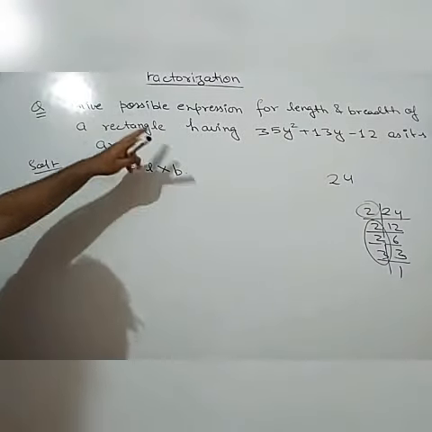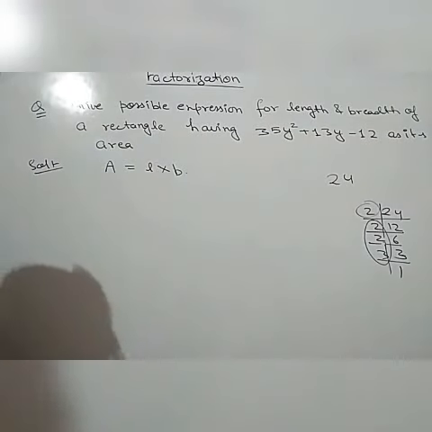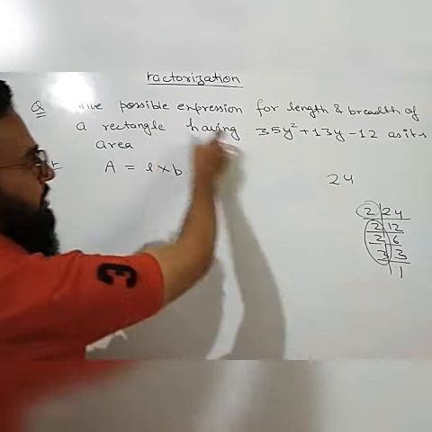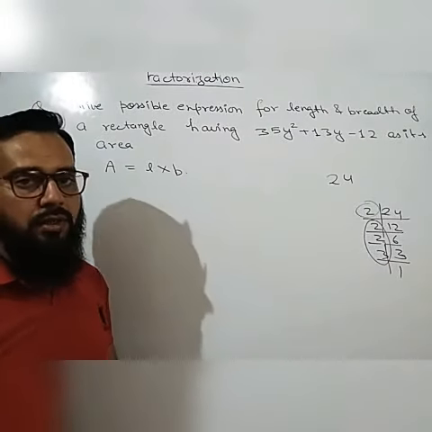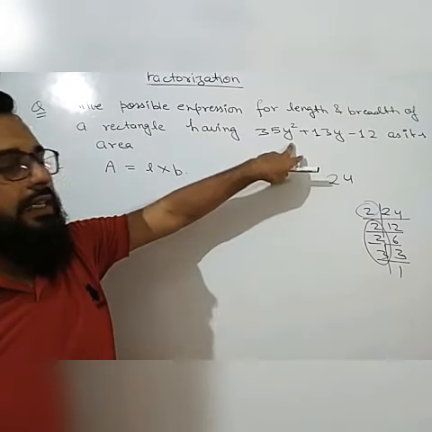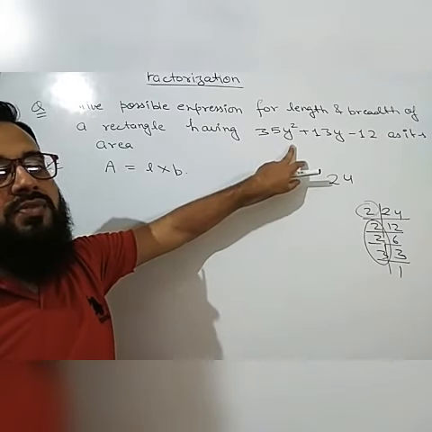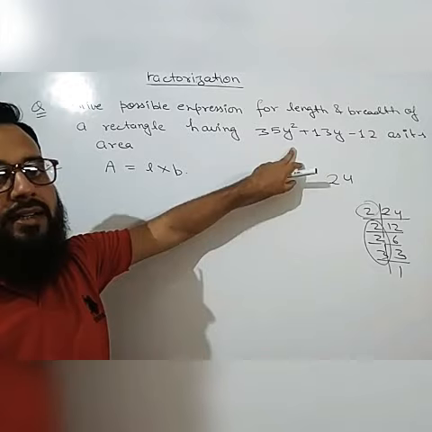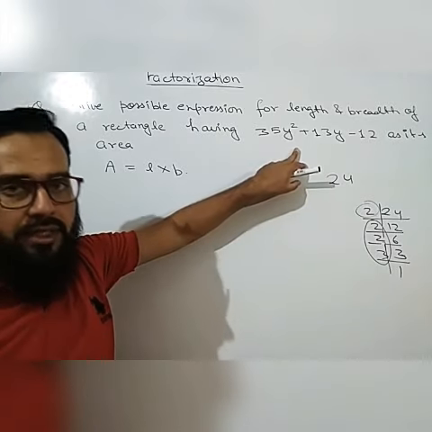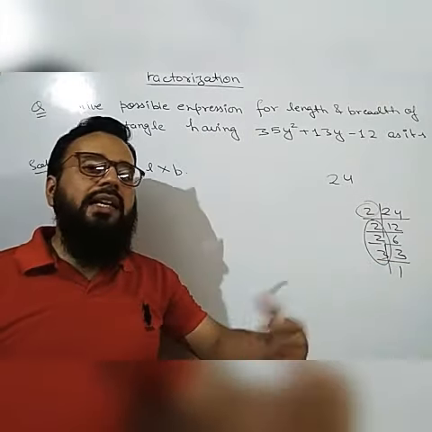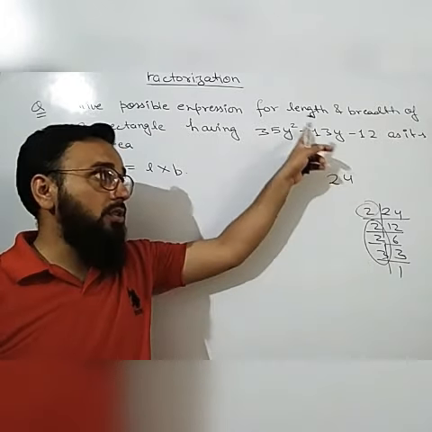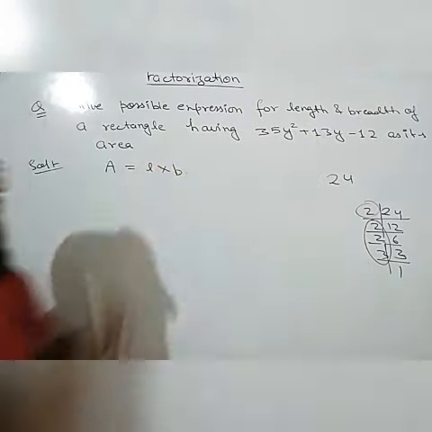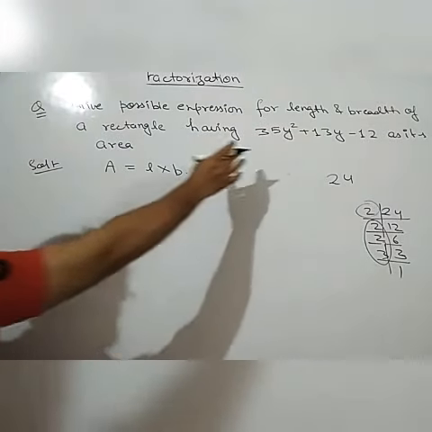Similarly, in case of algebraic expression, we have given an area in terms of a quadratic expression. Now if we factorize this area, then the two factors which we will obtain may be length and width. Any one can be length and any one can be width. Clear? There will be two factors because the degree is 2. So now we will proceed by finding the factors.